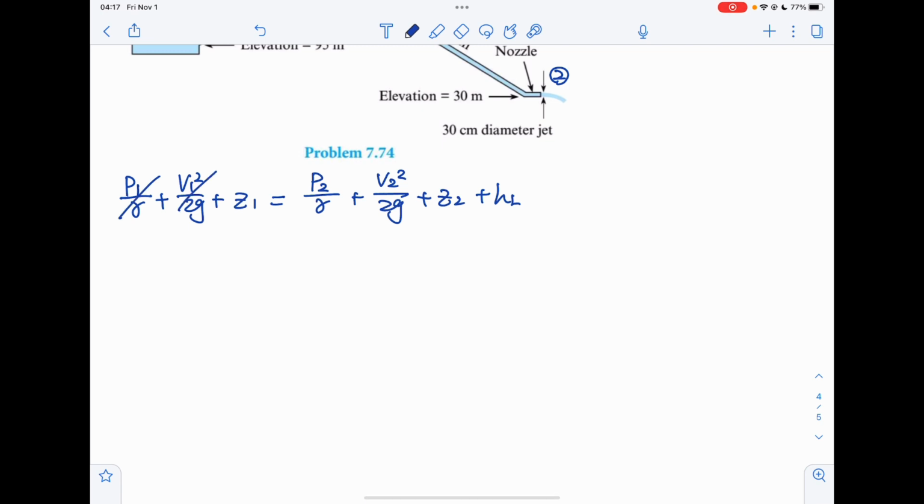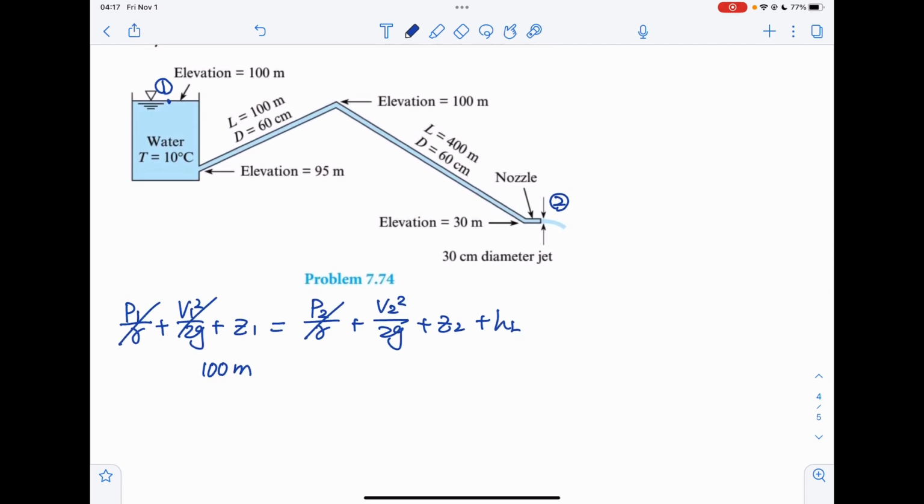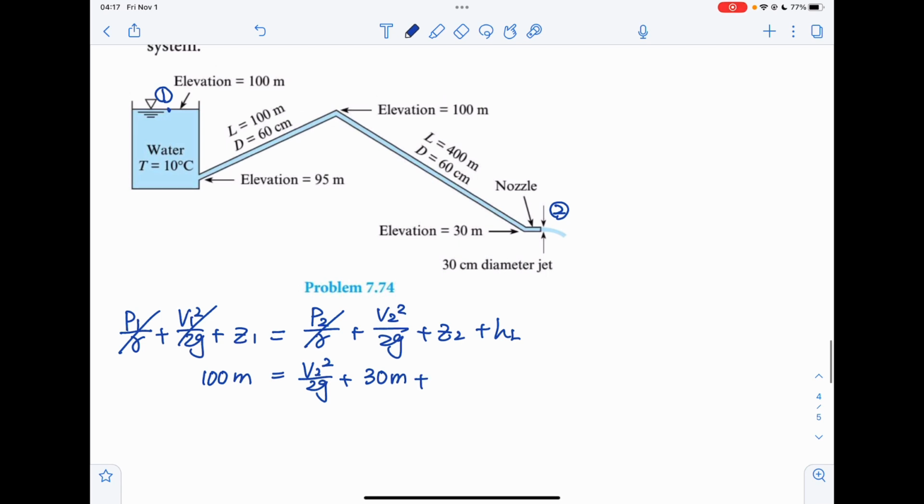P1 and V1 are going to be 0. P2 is 0. Z1 is 100 meters, given in the problem figure. And Z2 is equal to 30 meters. The velocity V2 is still unknown here. And the head loss is